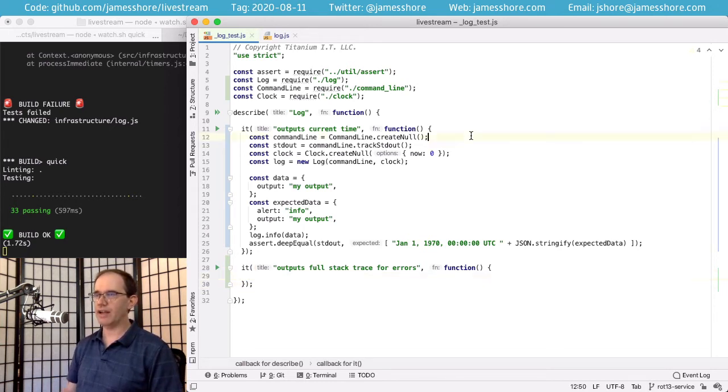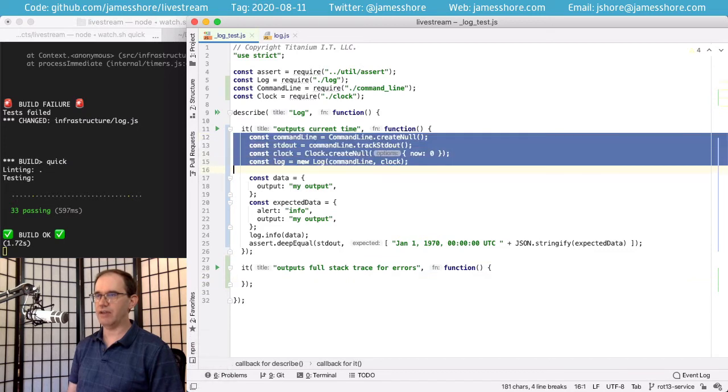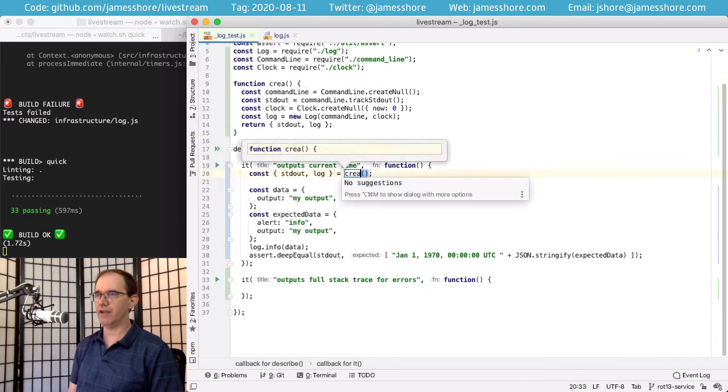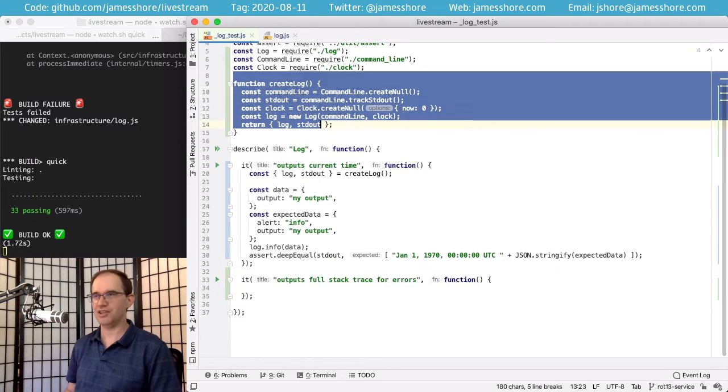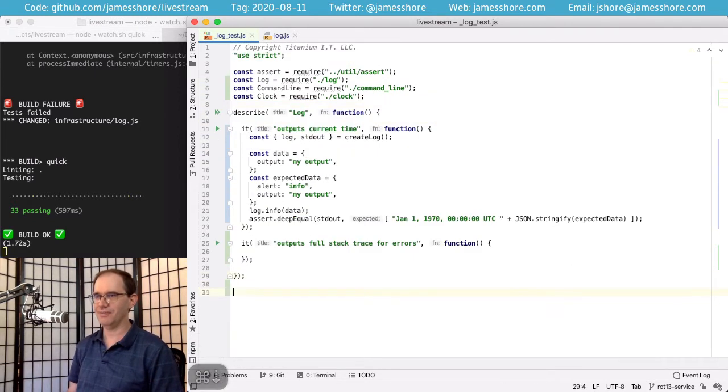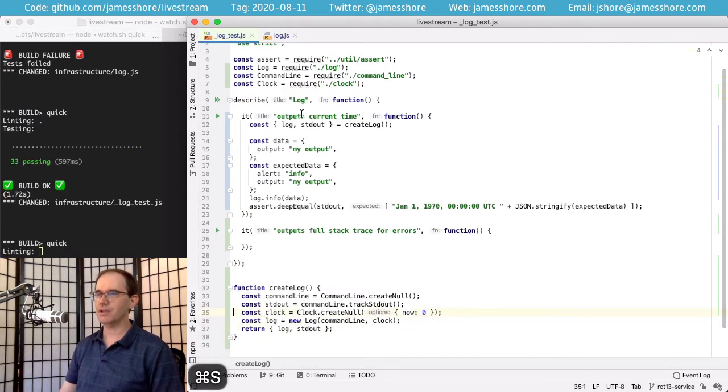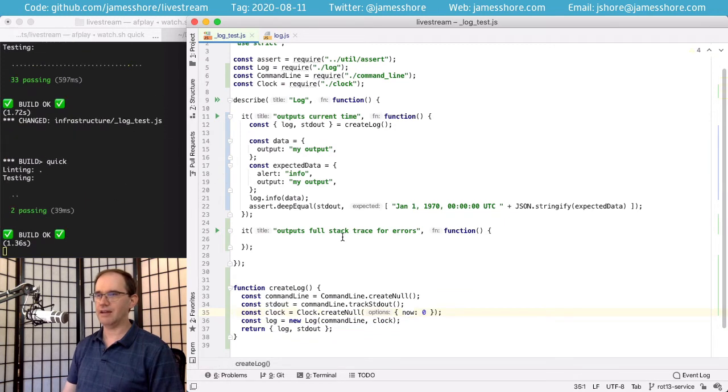Now I'm going to want to get all of this stuff again, and rather than do that, I'm going to factor it out into a method. I'll call that create log, and let's have it put the log first. It doesn't actually matter, but it makes it more readable in my opinion. So it matters to me as a human, even though it doesn't matter to the computer. So create the log like that, and then we can just use that here.